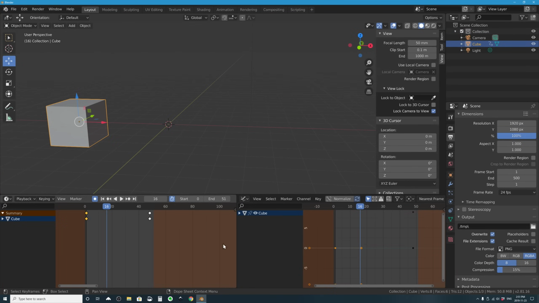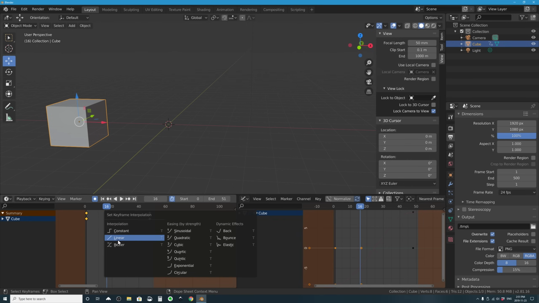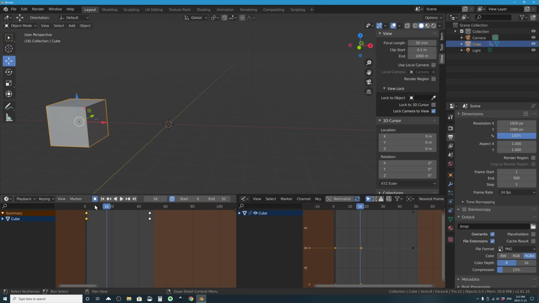No matter what kind of animation editor, timeline, or graph editor you're in, you can press T and get constant, linear, or Bezier. Before we move on to talking about the graph editor, really quick, if you want to be able